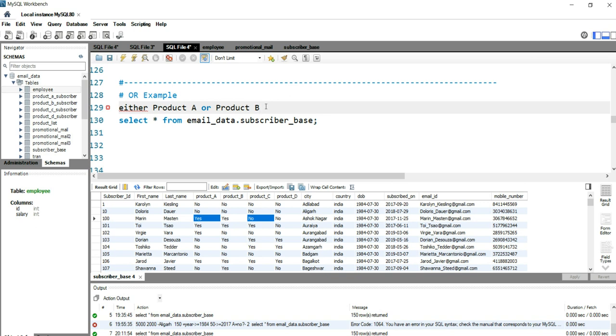Or in the opposite scenario, I have taken product A but I have not used product B. In this scenario also my name will be there.